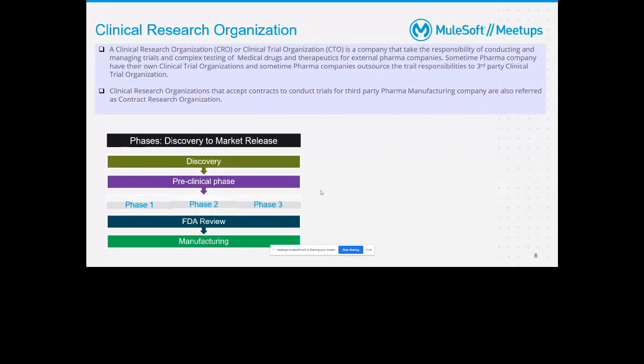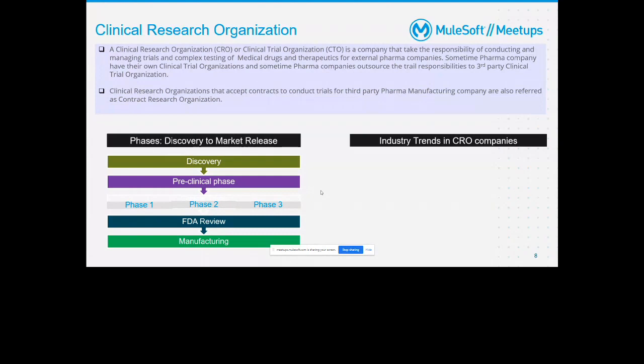Then the entire clinical trial result is submitted for FDA review. I say FDA because FDA is the regulatory body in the US market. But similarly, if the trial is happening for the Europe region, they have a different regulatory body, and if it is for the Asia or African region, there are different regulatory bodies around the globe. They review the test results and the entire trial process, and based on that they give a go or a no go to produce this drug in mass and deliver it to market. Then the manufacturing process starts.